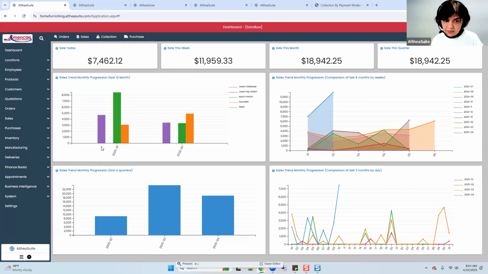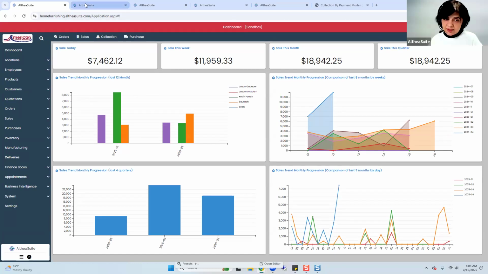Here it is sales by employee for me. Here it is sales every month, how it's progressing. Here I am comparing my last 3 months sales. So this screen can be configured, and if you still have questions, we will be very happy to help you out and set your dashboard. Next,